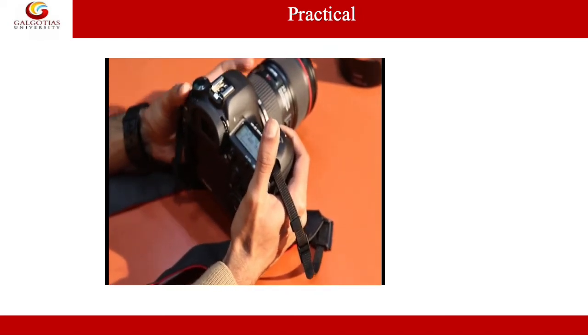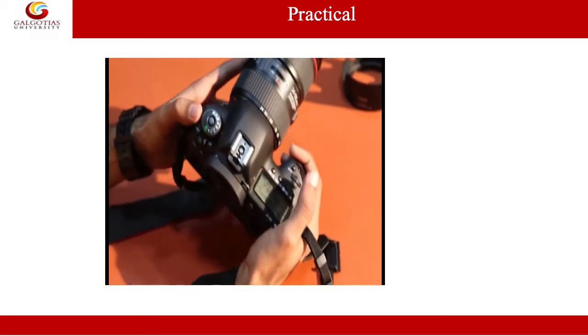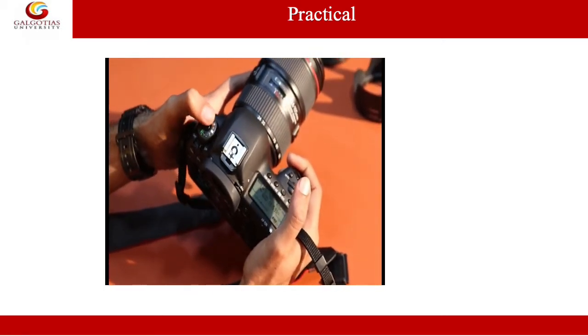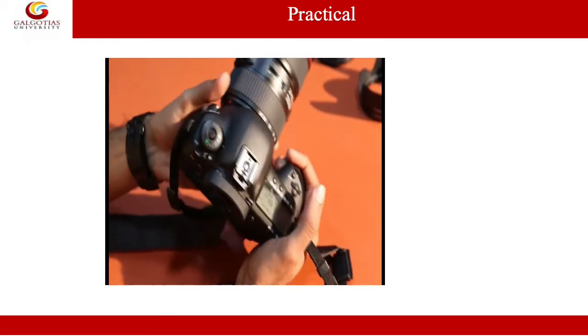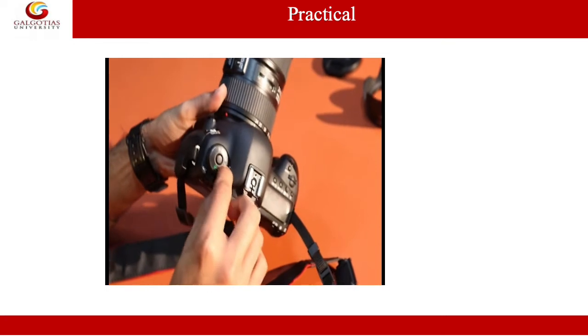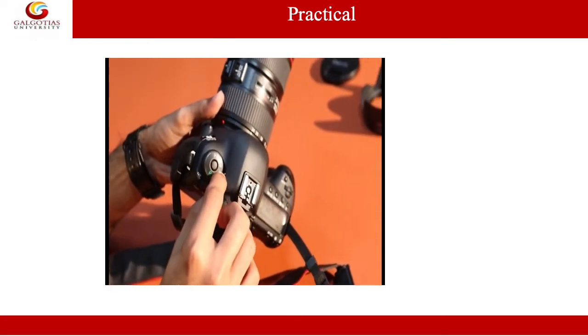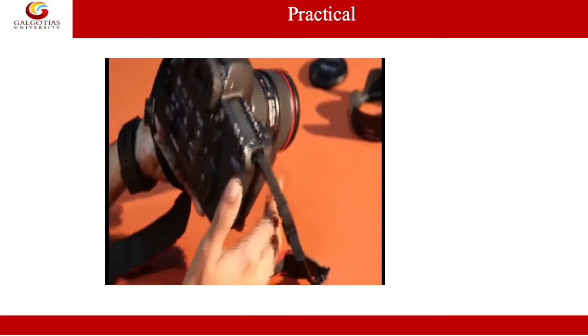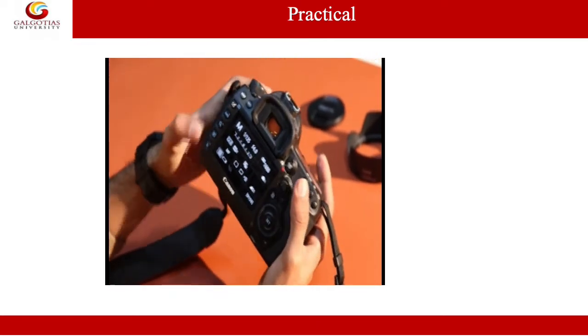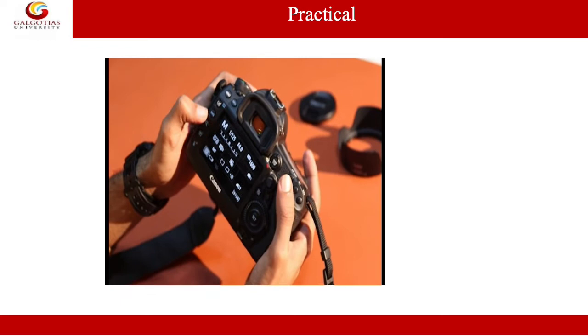We will turn on the camera, and as you can see, our camera is set on manual mode right now. M is directly in line with this white line. This indicates where our mode is set. So in this manual mode, in this screen you can see this M, which denotes the manual mode.